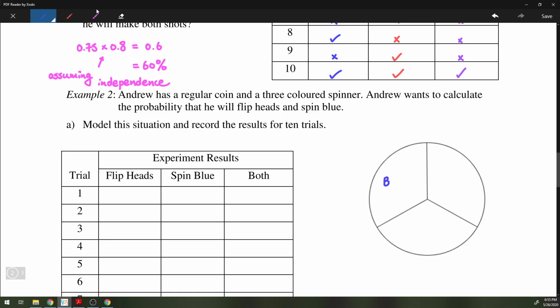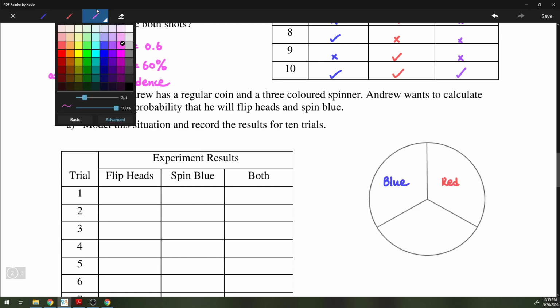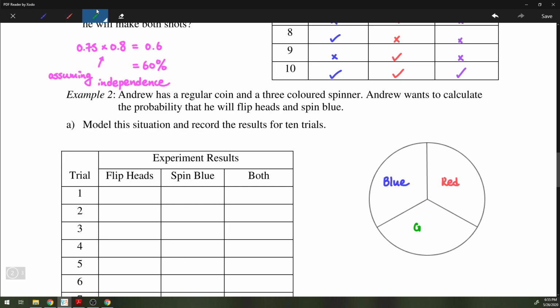So the colors were blue, let's say red here, and green. And you can see that 1/3 of the circle is blue. Okay, Andrew wants to calculate the probability that he will flip the coin and get heads, and spin the spinner and get blue. So if you are going to run a simulation, a good way to do this is to